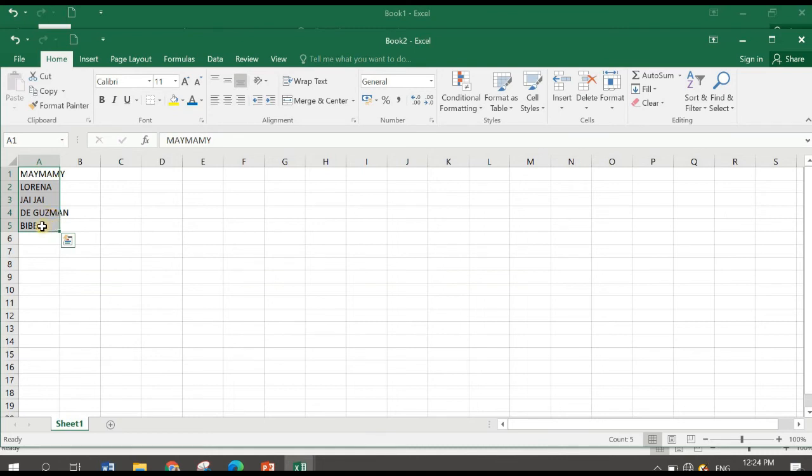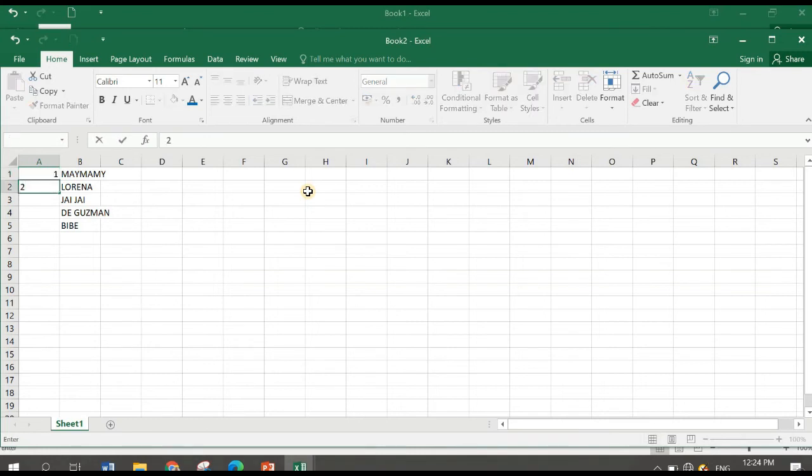Next is using the fill series. Okay, for example, ilipat natin yung ating mga text. Ilipat natin sa column B. You may use your mouse and drag it and then down or drop. Okay, nalipat natin sa column B. Lagyan natin ng number dito. For example, class number. Number 1. Number 1 only. Okay, so para hindi na tayo mag-type isa-isa ng 1, 2, 3, 4, 5, gagamitin natin si